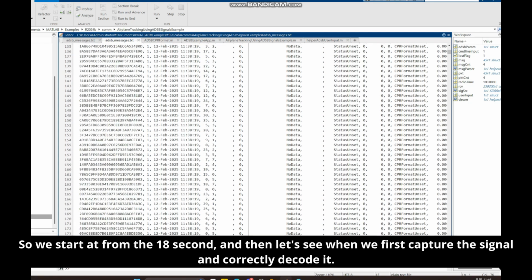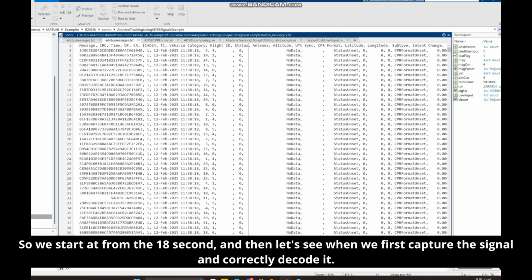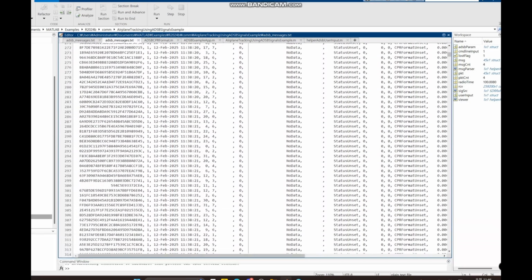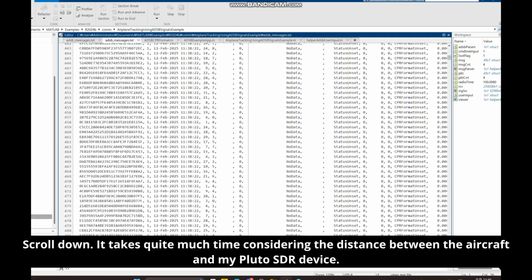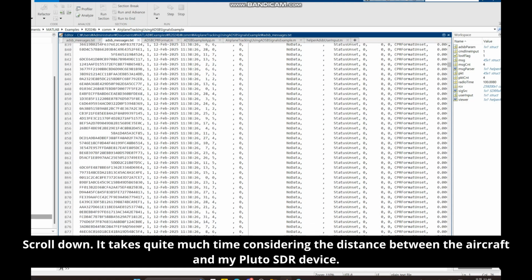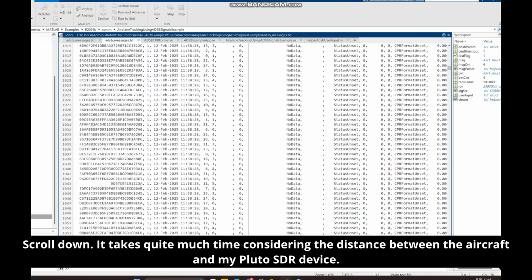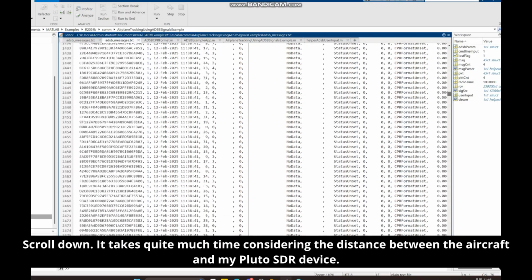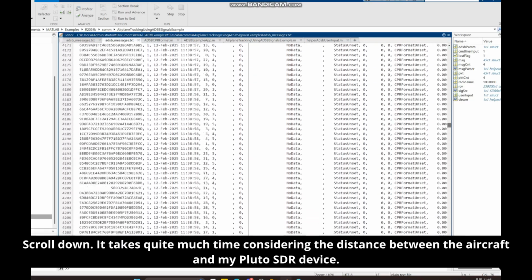So we start from the 18 second mark, and then let's see when we first capture the signal and correctly decode it. Scroll down. It takes quite a lot of time considering the distance between the aircraft and